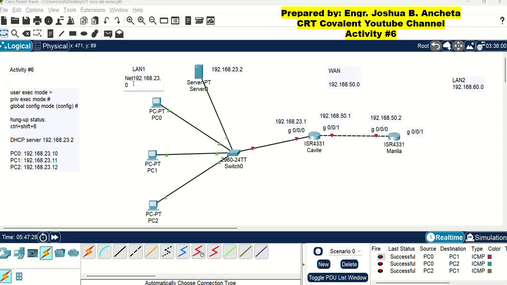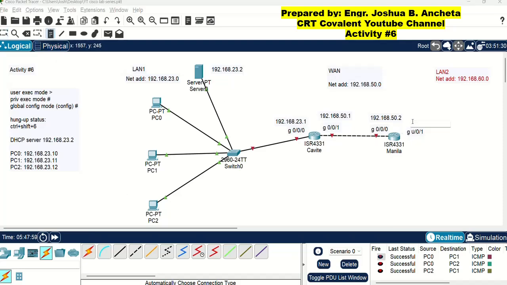Okay, so let us put this label as our guide. So if this is the network address of LAN 1, therefore, the Manila router port G001 must have an IP address.